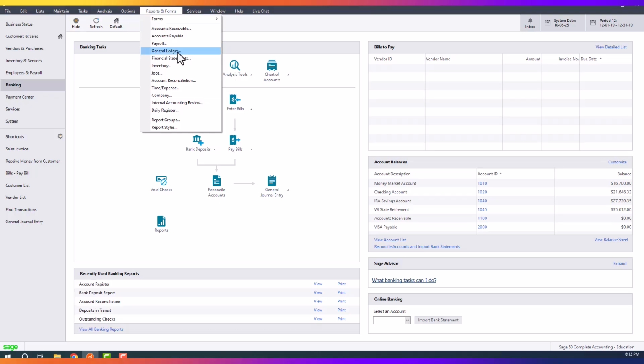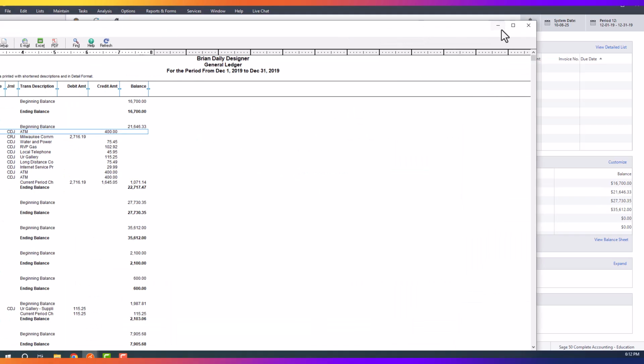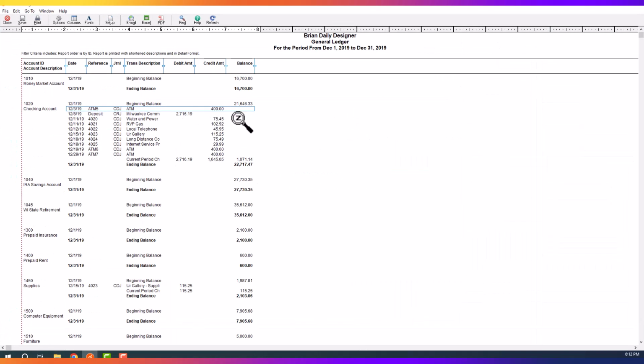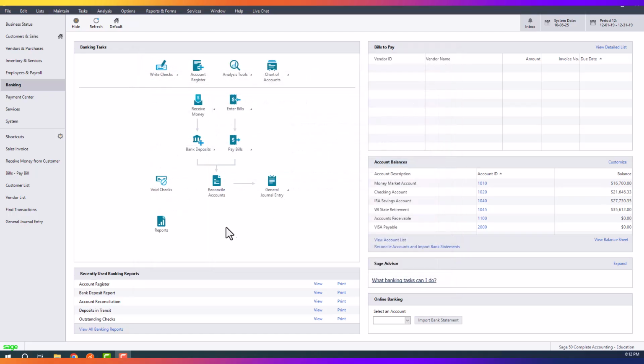Now I'm going to go to reports and forms. I'm going to take a look at my general ledger report. And when I look at that, the detail from the table on page 353 should match up. We should have an ending balance of $22,717.47. If it doesn't match up, check out the amounts and figure out why. Check all the dates, check all the check numbers and other references, and make sure that your details match this one. My details match the book, so I'm going to close out of this window and the report chooser,